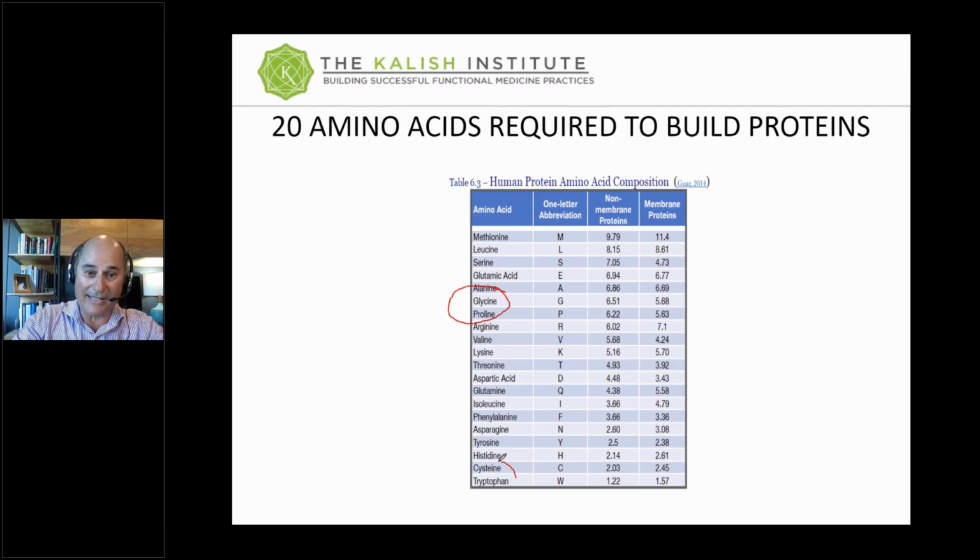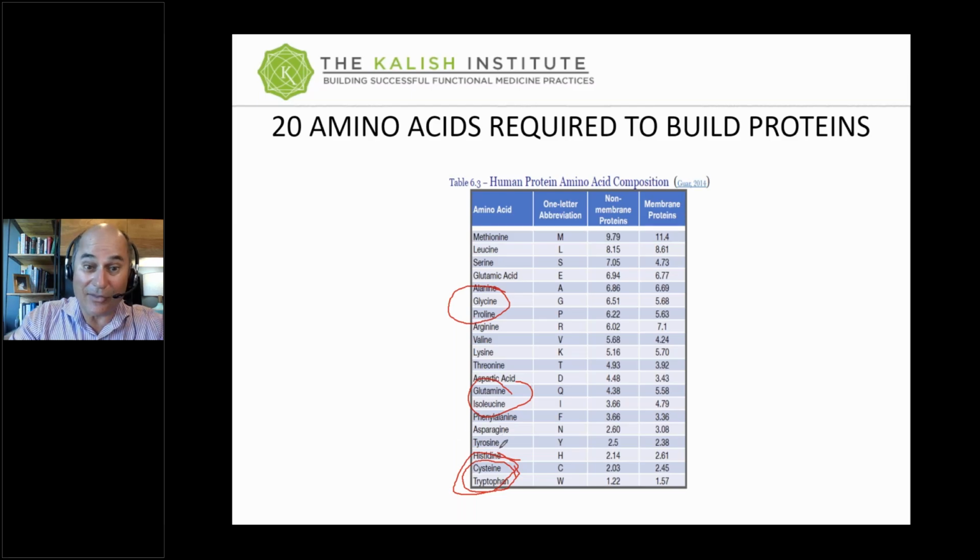Is cysteine on this list? Yeah, it is. It's right there. Is glutamine on this list? Yeah, it is, right there. So glycine, glutamine, and cysteine are the 3 amino acids you use to make glutathione. So if one of those is low, or they're all 3 low, most especially if cysteine is low, you suspect there could be some low glutathione problem.